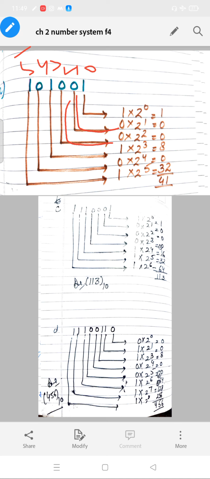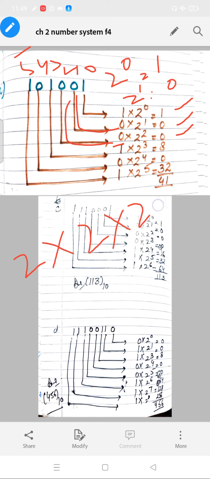And rule for number system is 2 raised to power 0 will be 1 and 2 raised to power 1 will be 0. Here 2 raised to power 0 will be 1, 1 multiplied by 1 will be 1. Here 2 raised to power 1 will be 0 and 0 will be 0, and something multiplied by 0 will be 0 also. 2 raised to power 3, that means 2 into 2 into 2. 2 2s are 4, 4 2s are 8, 8 into 1 is equal to 8, and something again will be multiplied with 0 will be 0.